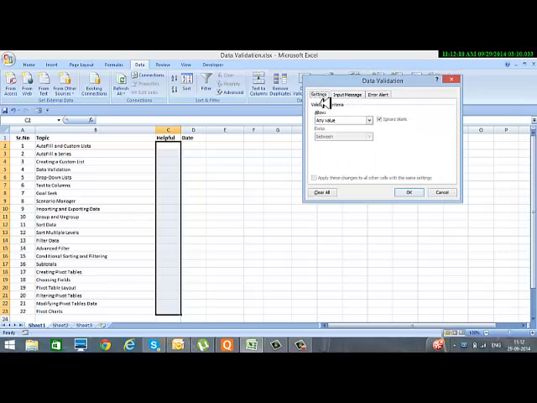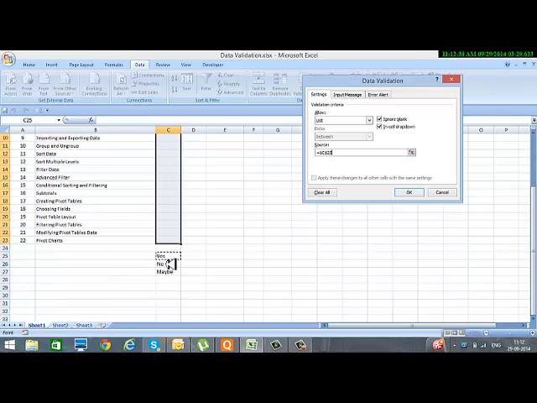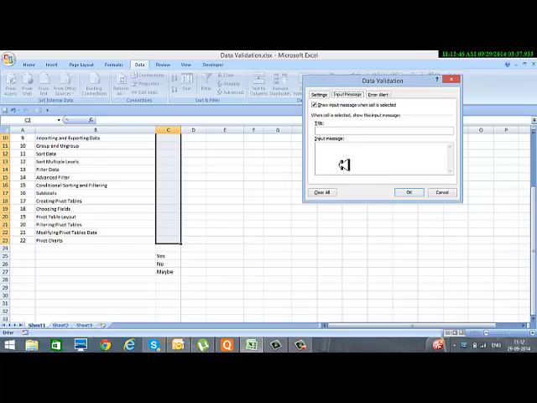So first we go in settings, and over here where it asks us for allow, I click on this drop down and I select list. Then it asks me where is the source for the list. So I click in this area and come down in my sheet and highlight my possible choices. Once I have done that, I can go in the input message and I can give the user instructions like select any choice from the drop down menu,